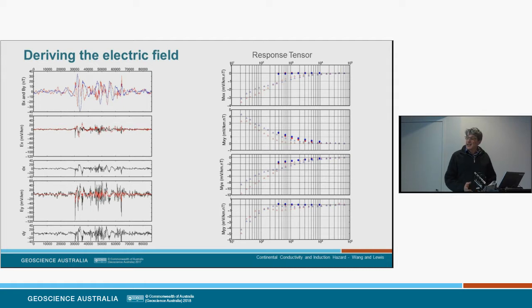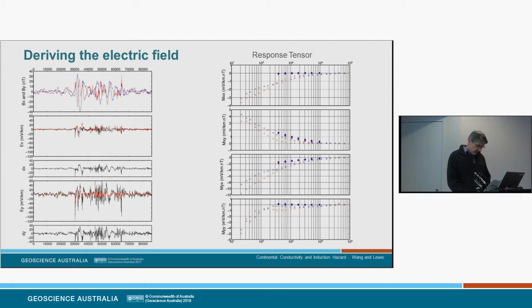But you really can't expect a perfect fit here, because the short period data is not really represented in the response tensor. And the longer term trends follow the features fairly well. And the largest differences, which are up to about 40 millivolts per kilometre, are during the very rapid magnetic variations, which are really outside the model, the frequency range of the tensor.